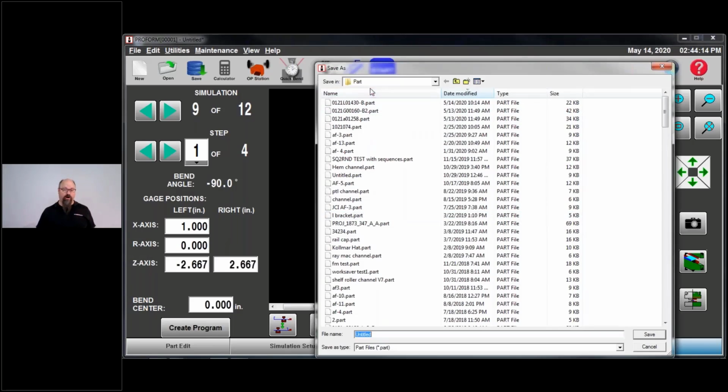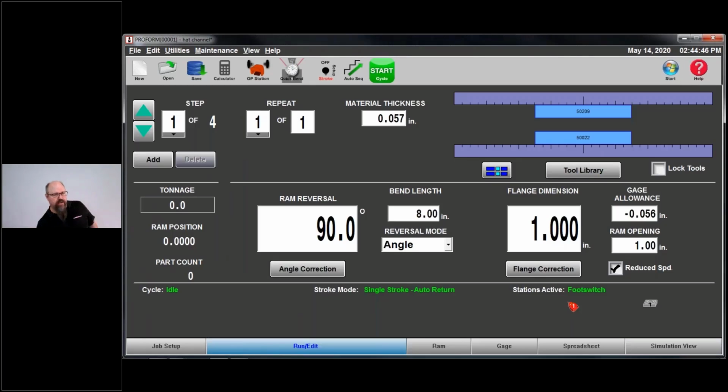And then in my parts folder, it says untitled. Well, untitled doesn't tell me anything. So if this is a part that you have, if you have a drawing number, if you have a name of the part, if it's the left-handed widget hanger, then name it left-handed widget hanger. If it's a part number, then type in the part number. I'm going to say this is a hat channel. I hit enter. Now you'll notice up here at the top, it says hat channel. That got it from the name of the part.